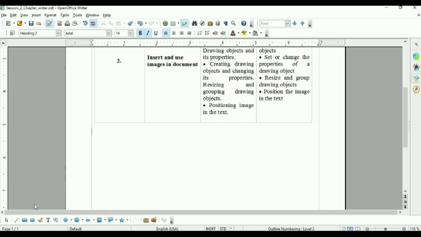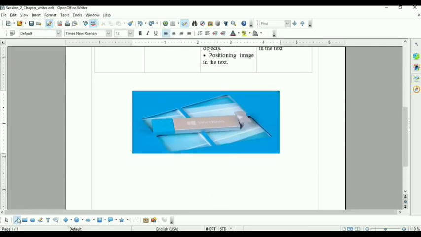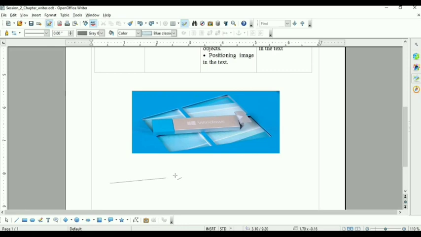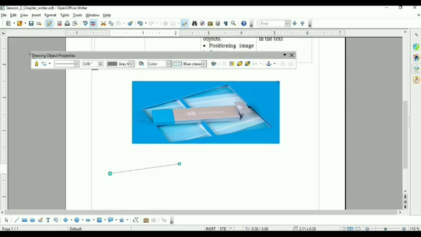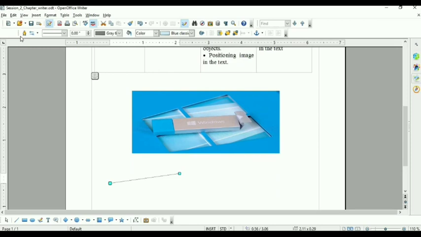Now, see, insert line. Insert a line like this. Once you insert your line, you will see there is a toolbar. This toolbar is called the drawing object properties toolbar. Clear? It appears at the bottom of this menu bar, then toolbar.